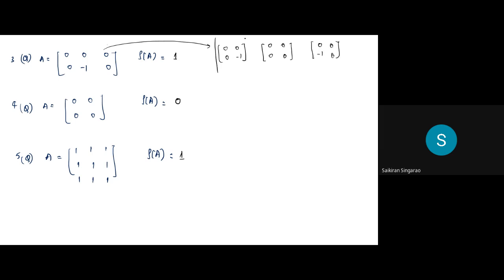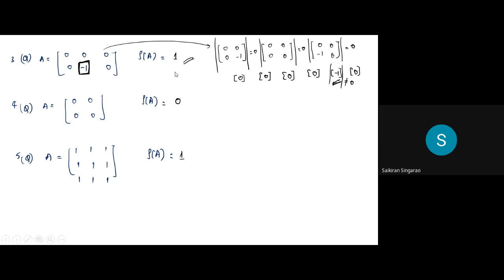Now, if you observe, the determinant of this is also 0, the determinant of this is also 0, and the determinant of this is also 0, isn't it? Because 1 into minus 1 minus 0 is 0, and all the others are 0. And there is this element. There is at least one non-zero element. What 1 cross 1 matrices are possible, sir? These are all the 1 cross 1 matrices which are possible. So there is at least one 1 cross 1 matrix whose determinant is not equal to 0. That's why the rank has become 1.